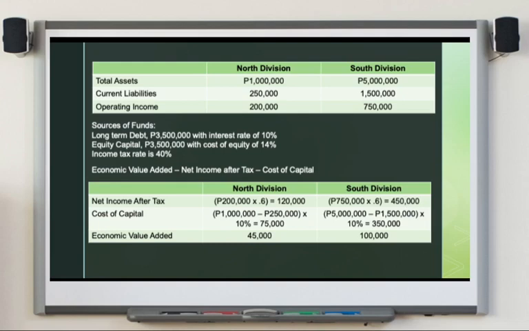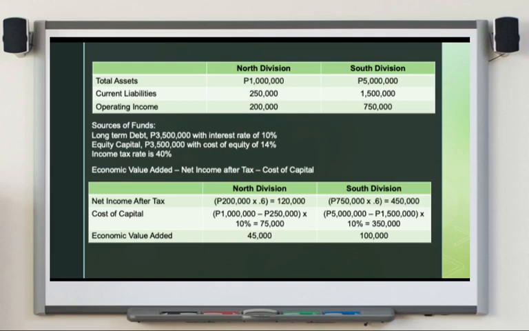And then for the cost of capital, we simply get the 10% of the difference between your total assets and your current liabilities, and that is equivalent to 75,000 for North Division and 350,000 for the South Division. The economic value added, therefore, is the difference between 120,000 and 75,000, or in short, 45,000 for North and 100,000